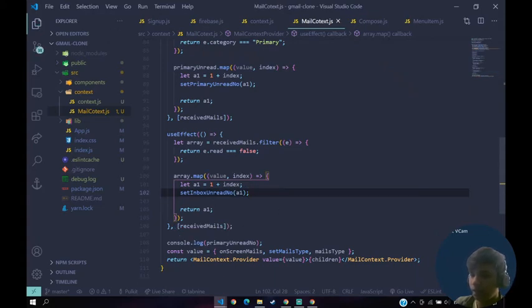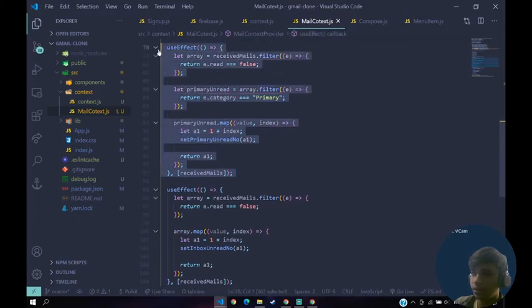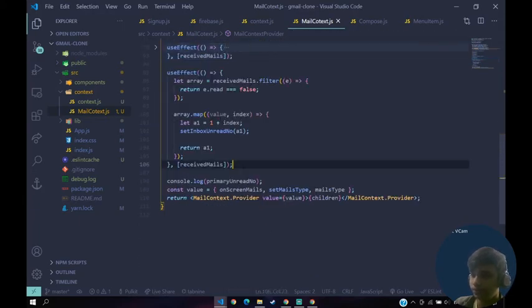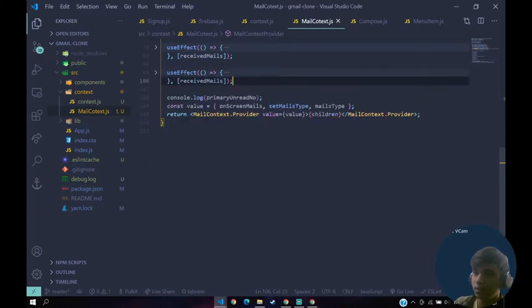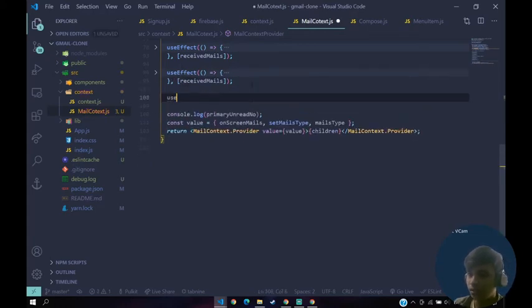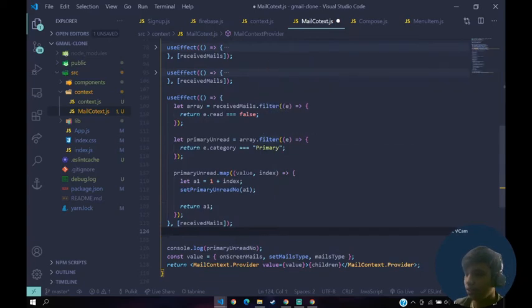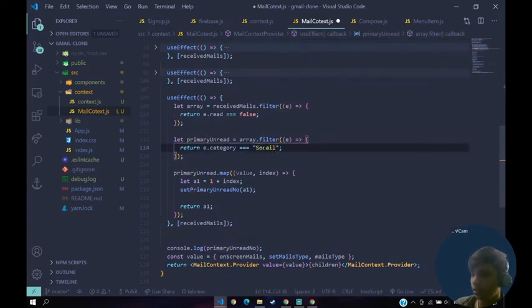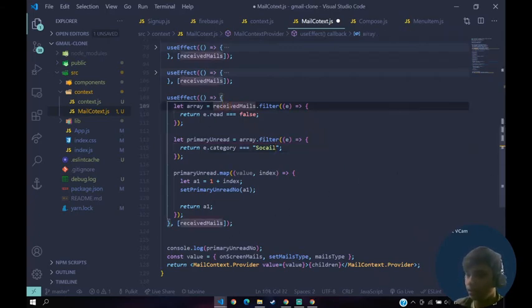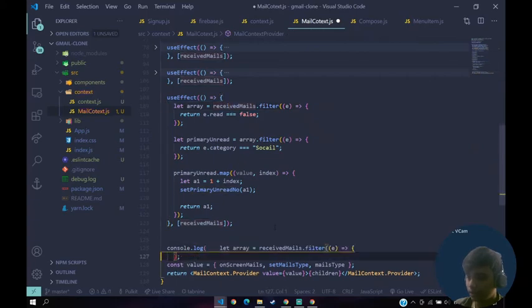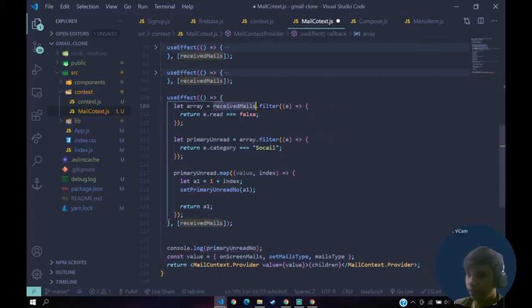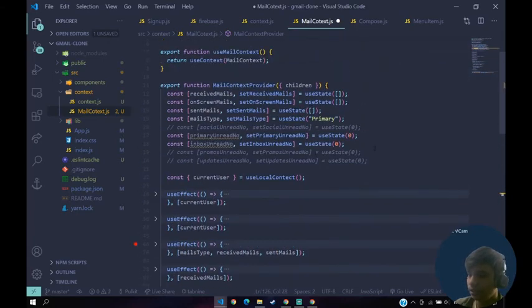So let's create another useEffect. I'll just copy this thing again, Control C. We can close this also. Okay, instead of this here we'll just say socials. Was it social or socials? Okay, let me console log my received mails. One second, received mail. Let's console log that received mail, and instead of setting it to this, let's set it to where's our social? Yeah, here. Let's set our social 100 number.